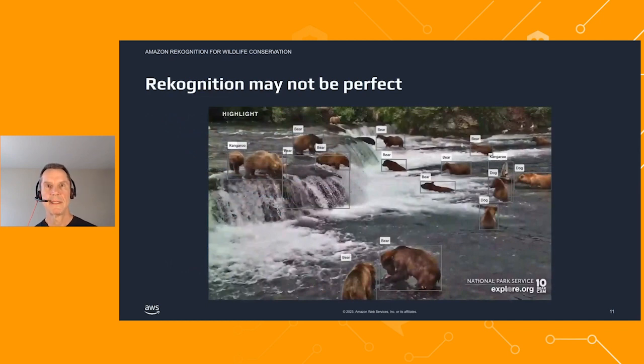While Rekognition supports several use cases very well, it isn't perfect for every application. For image labeling, it supports more than 3,000 labels and nearly 300 objects. I expect bears is not a big portion of the training data, especially in all the various poses that we see from the webcam. Sometimes it mislabels bears, as you can see here. There are some dogs, there are some kangaroos, there's a few bears that don't have detections at all. So we'll talk in a minute about improving the model.